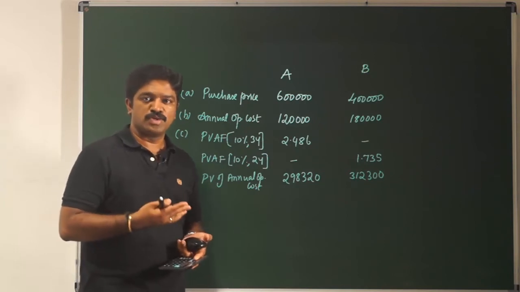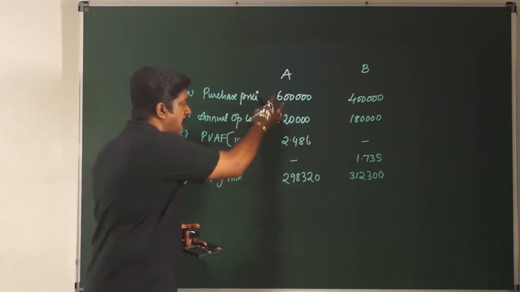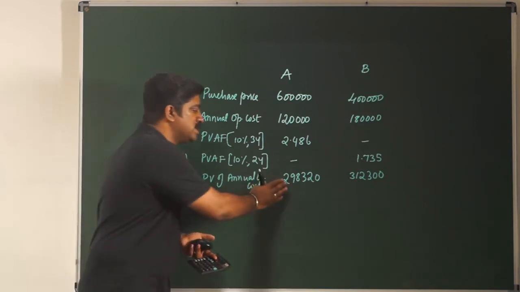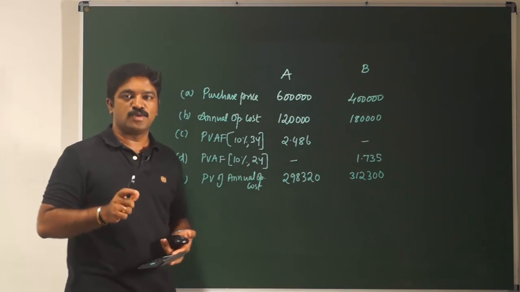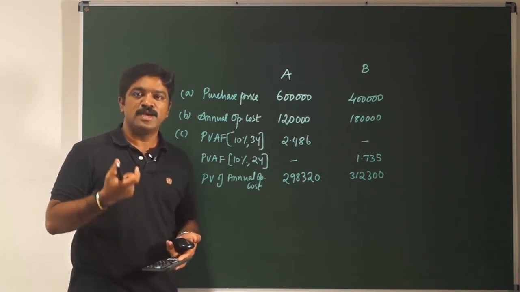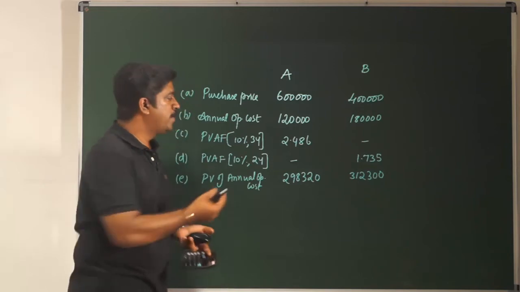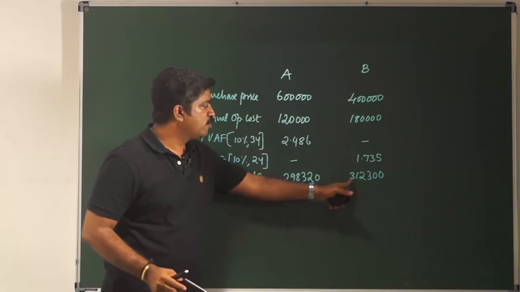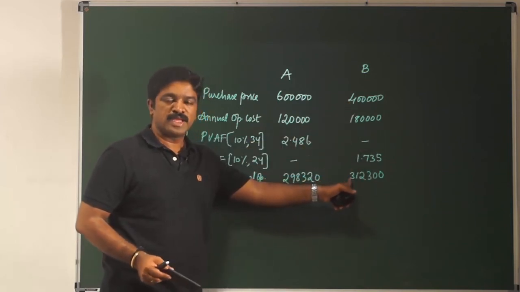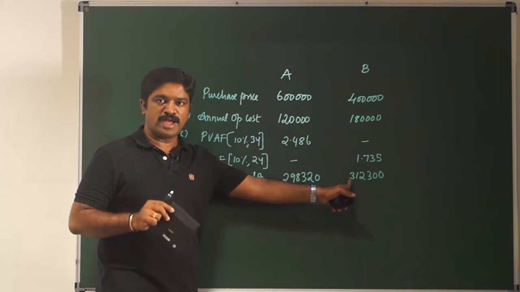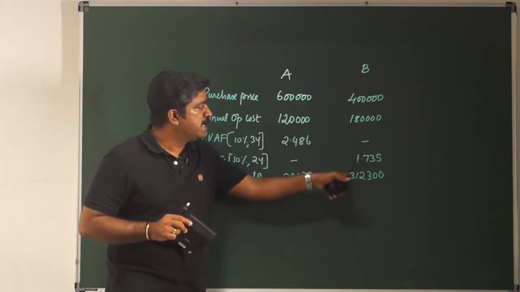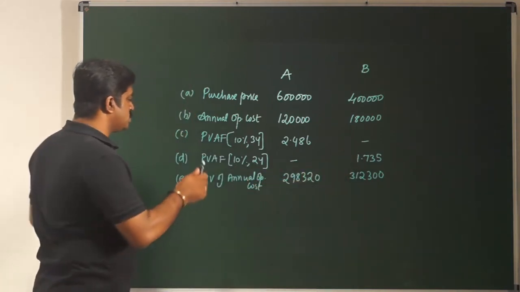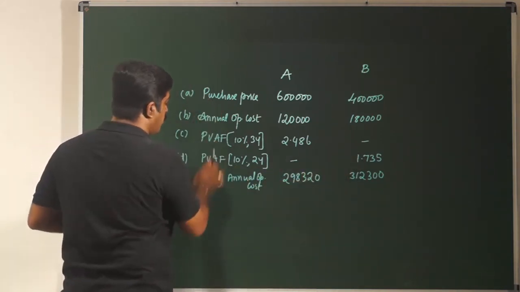So don't jump to a conclusion that you can express it in per year language by adding these two and dividing it by 3 years. No. Reason is, this is in present value. This is already discounted. So you cannot simply divide it by 3, but you have to divide it by the present value annuity factor. That is relevant. Similarly, here if you want to convert these cash flows into equal annual flow, what you have to do? Add both, divided by the relevant present value annuity factor. So the next step is I'm going to find out the present value of overall cost.